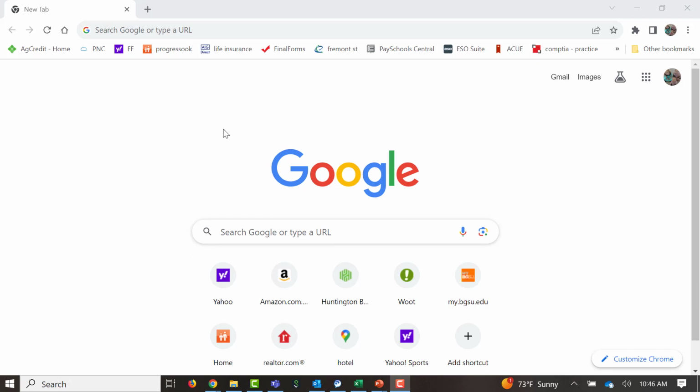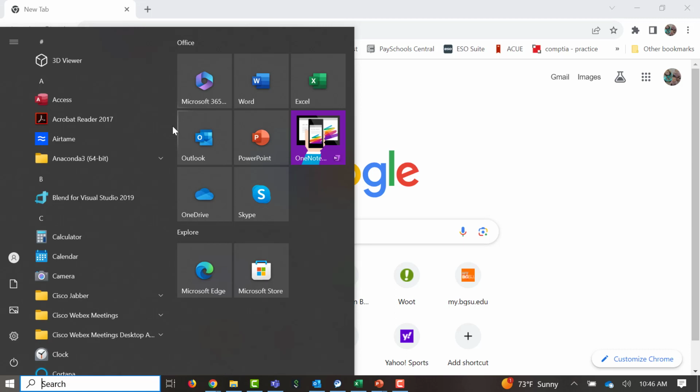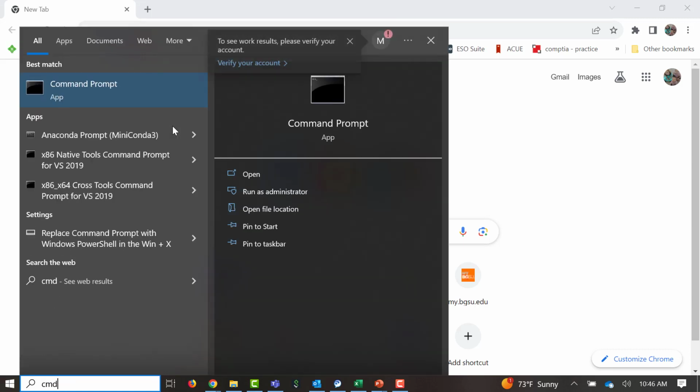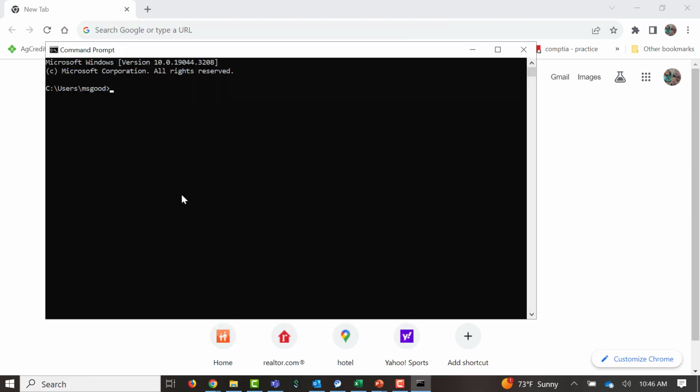In order to do that, most of them are visible via a web browser. To figure out what your web address is, the first thing you need to do is open a command prompt. If you're on a Windows machine, type in CMD for Charlie Michael David and hit enter. It'll pop up a command prompt. In here we're going to type ipconfig